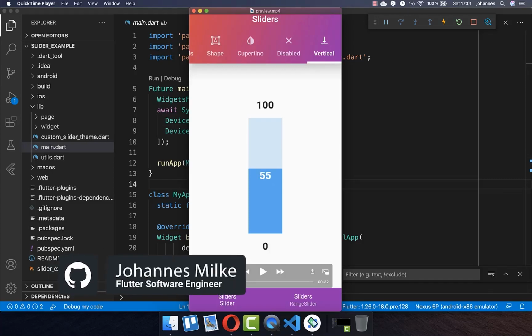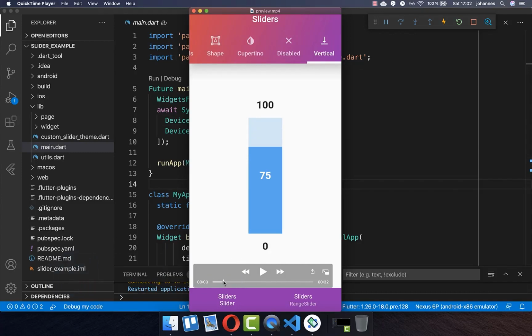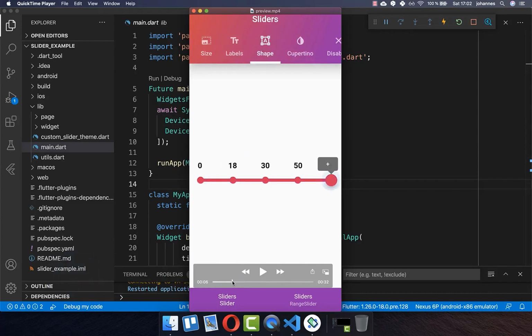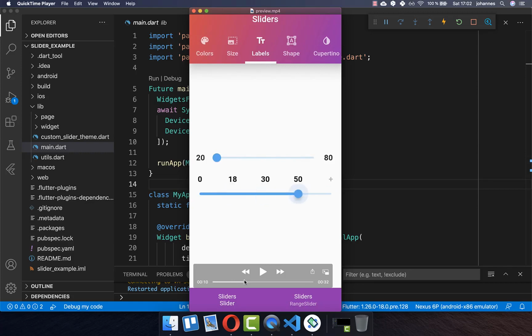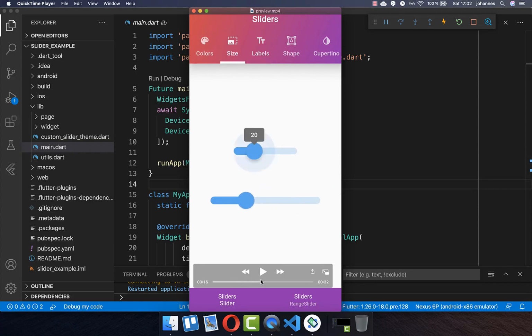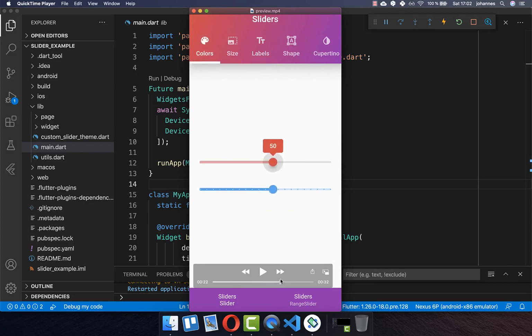The slider allows you to select a single value from a range of values, and we want to implement vertical sliders and horizontal sliders with different kinds of shapes, with different labels in different sizes and also in different colors and